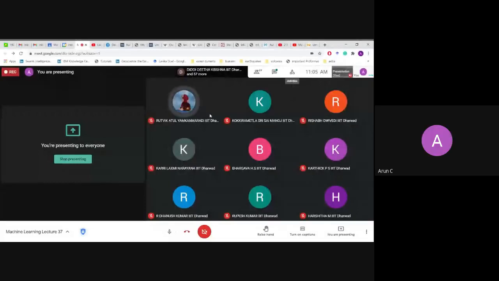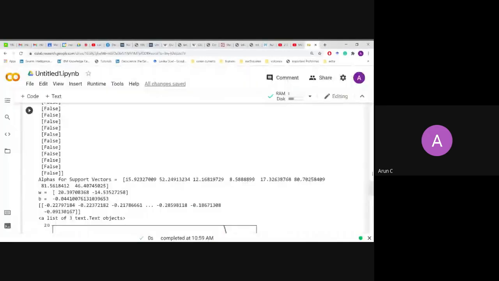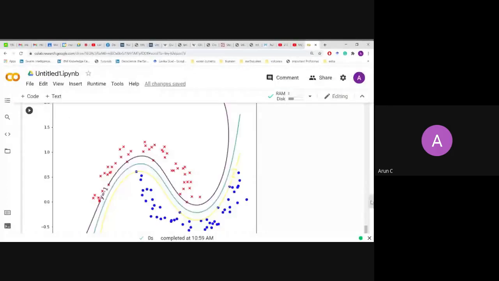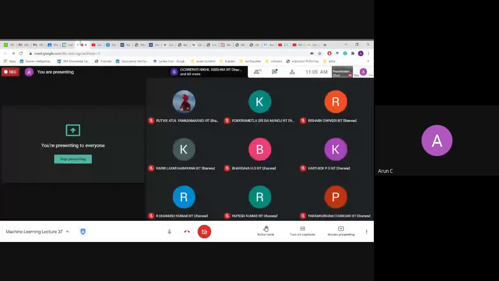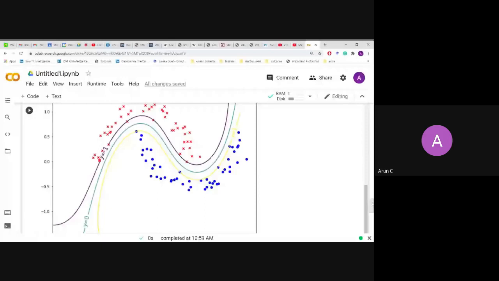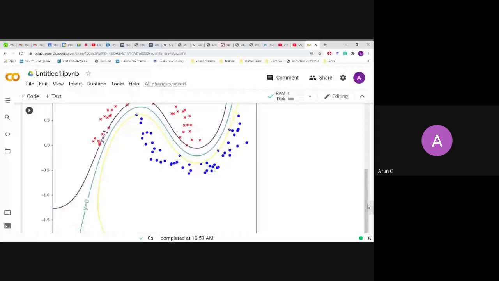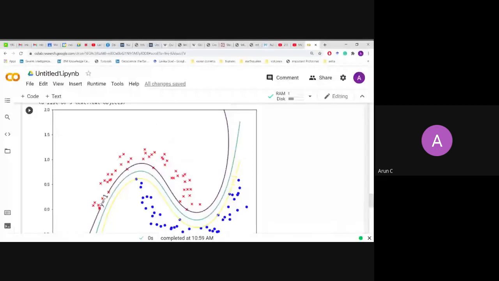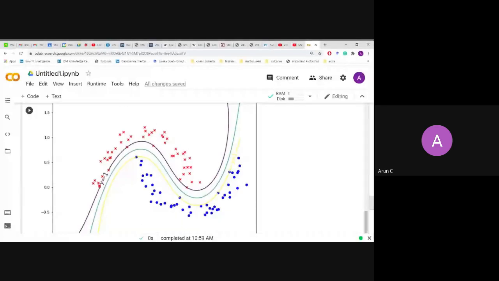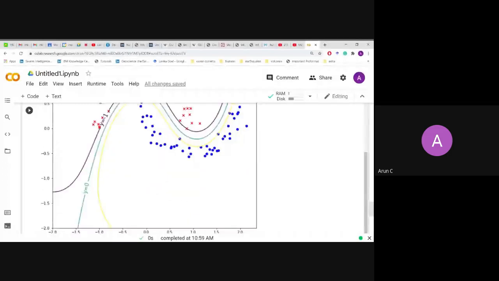Okay, fine. I wanted to show you how to produce this code, this support vector machine hard margin graph. This is what I was expecting from you, the code from the templates which I have given to you. Once you use it, this is the kind of graph that you will get.